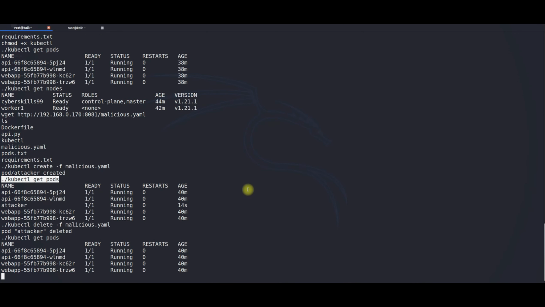So apart from this, as an elevation of privileges, the attacker can compromise the existing node, and he can force the creation of a new pod onto that master node, which will allow compromising the whole cluster if the master is reachable. An attacker can also move from one node to another node, and that can be part of your YAML file. You can specify on which host you would like, because you have all the host information as well as the container information. So that is the next step in this area.